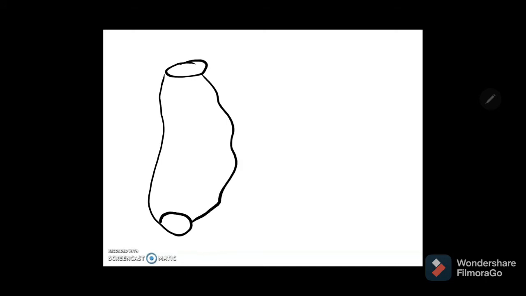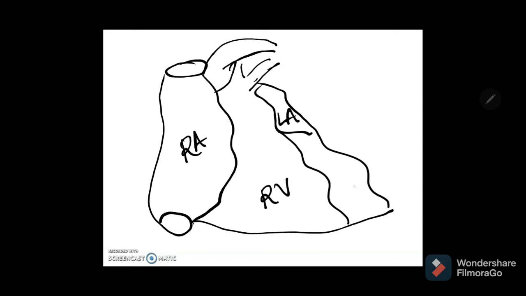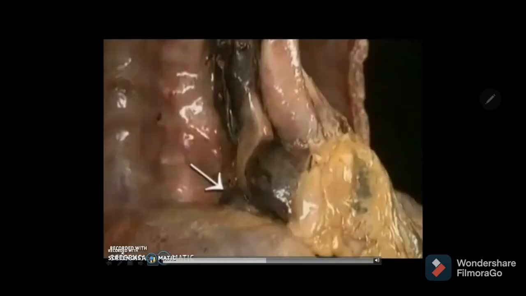If you observe the gross anatomy here, you can see the opening of the superior vena cava, the inferior vena cava, and here the formation of the right atrium, and here you can see the ascending aorta and pulmonary trunk. Here is the right atrium, left atrium, and this is the right ventricle and left ventricle. That is what you have already seen. The right atrium is forming the base there, and this is the in situ location of the right atrium.